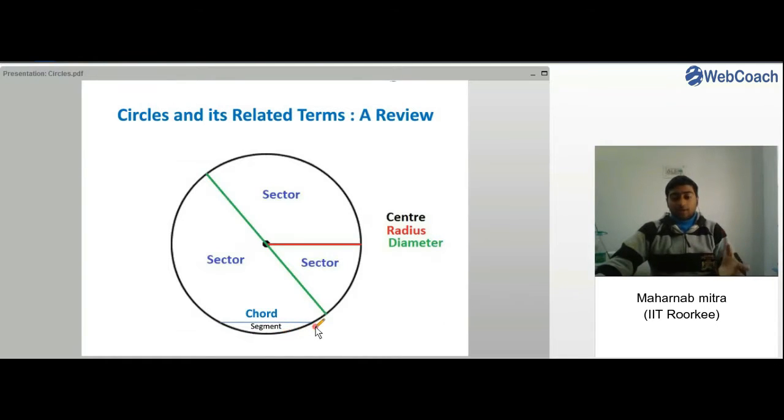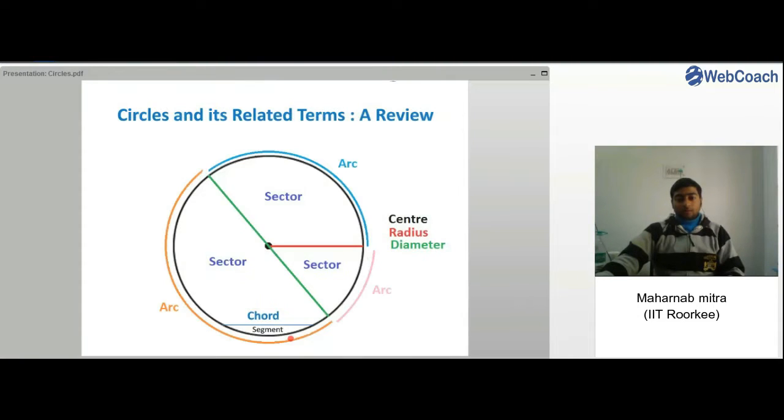And here we can see a segment. A segment is nothing but the region enclosed by a chord and one part of the circle, right? One part of the periphery of the circle. So this entire region is called a segment,